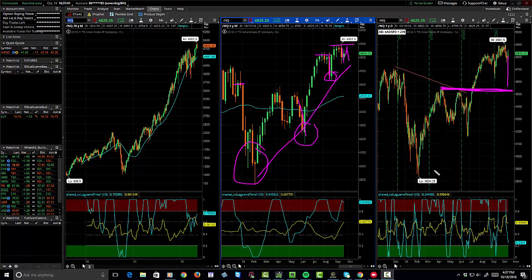Rarely does that occur because the market's already factored in the risks of those events. It's usually something coming in from left field that nobody expects, which is where the risk comes in. So right now, I would still have to say that unless we see this market break to the upside again,